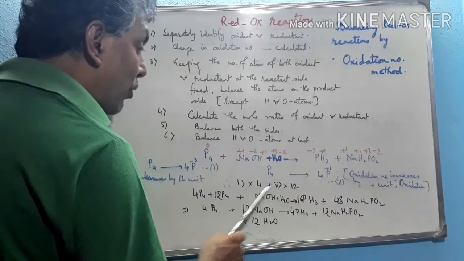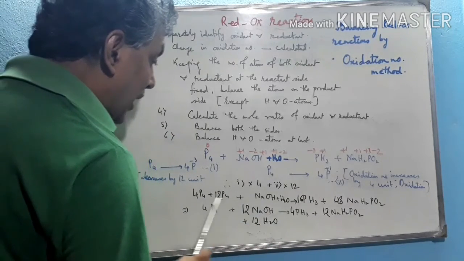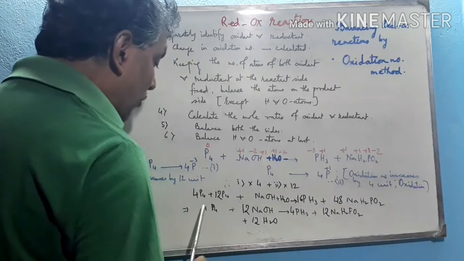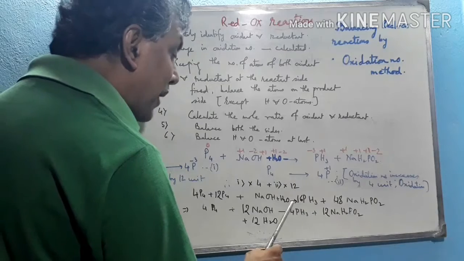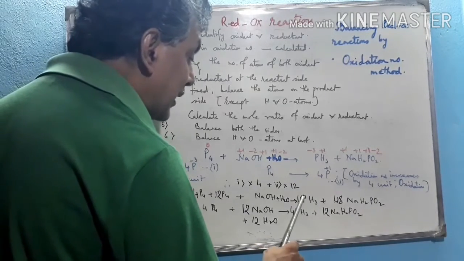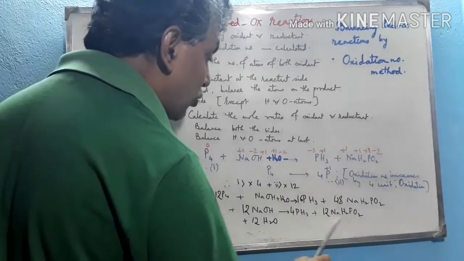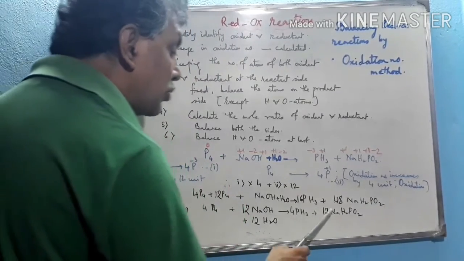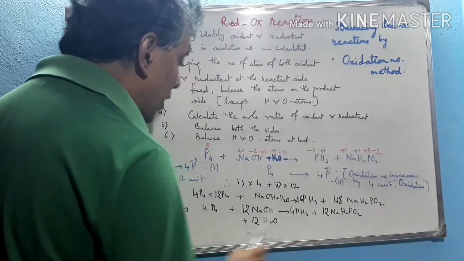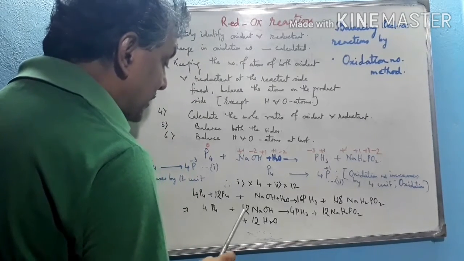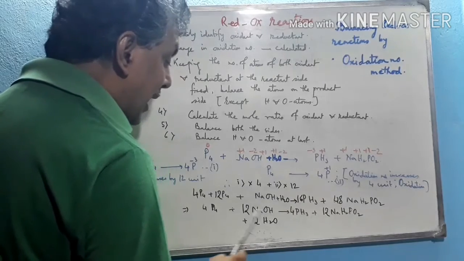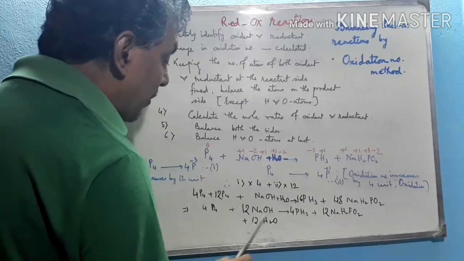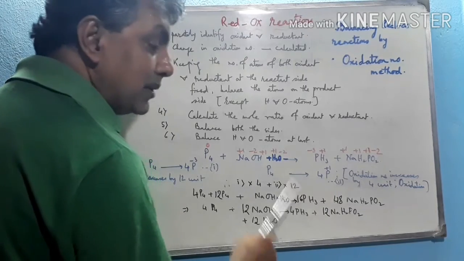First multiplied by 4, second multiplied by 12, the total is this. Now dividing both sides by 4, which is the HCF, P4 plus NaOH plus H2O, the first remains the same, and then 4 PH3 divided by 4, 12 NaH2PO2. Now phosphorus is balanced, but to balance this 12 sodium, we have to put 12 NaOH on the left-hand side. Now to balance the hydrogen atoms, the total hydrogen on the right-hand side is 36, so it becomes 12 plus 12 H2O. Now it becomes 36.